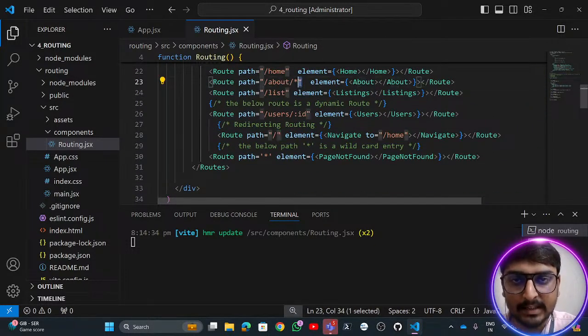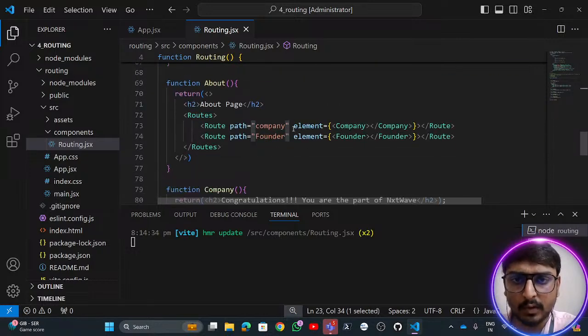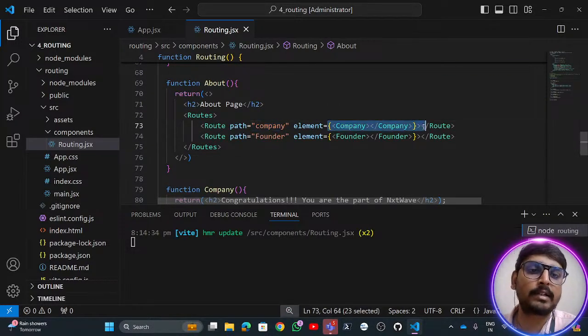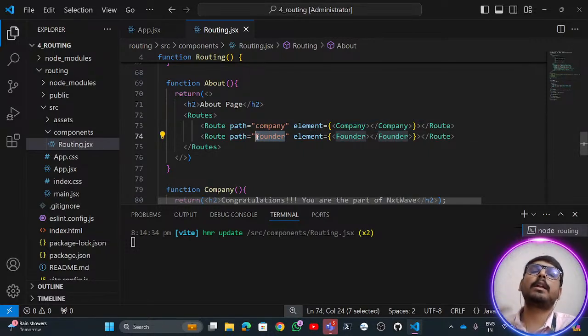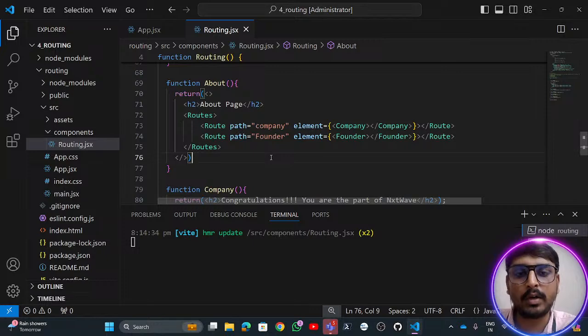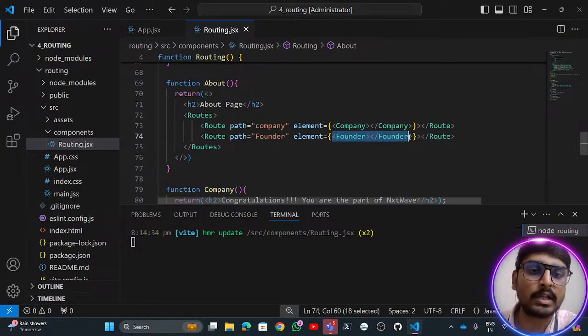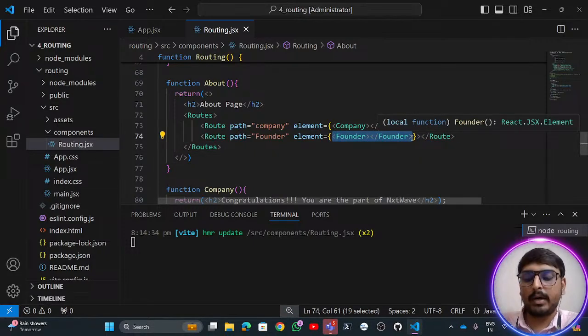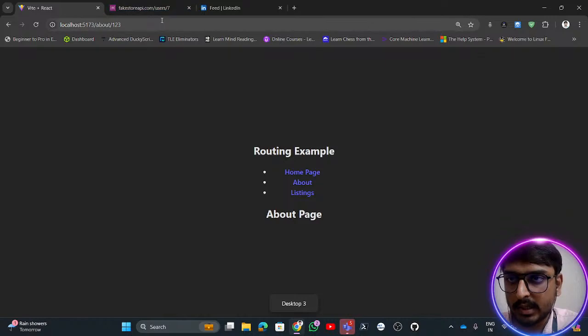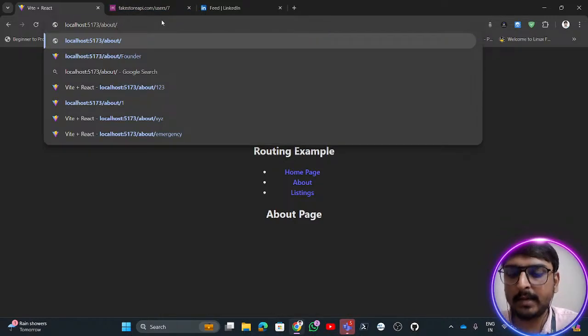instead of having any other thing, if I have this particular thing known as company, then I'll redirect it to this particular component. If there is any other path after this particular about, like this founder, then I'll just redirect to this given component founder itself. So that's how this nested thing works. I'm including this particular thing, which is a static path. After that, we are telling what to do if it is company,